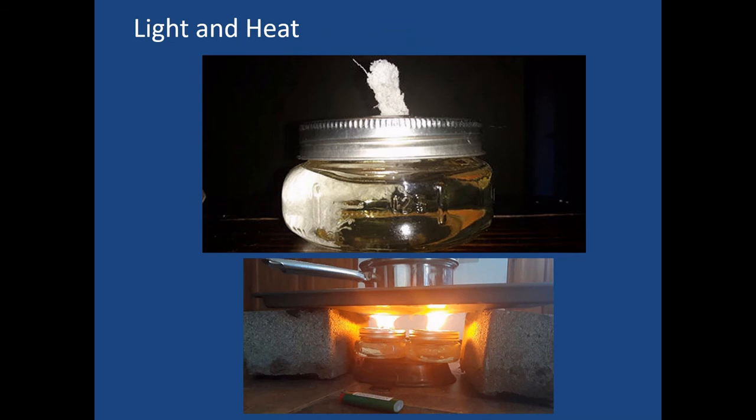So you can also use a 4-ounce little can. This individual was experimenting with different ways to cook with not much, and they took just a mason jar lid with a hole poked in it, and put a washcloth through it into some oil. You can use any kind of vegetable oil to do that. Just soak the rag, and you can see the flame that it produced, so they could use that for